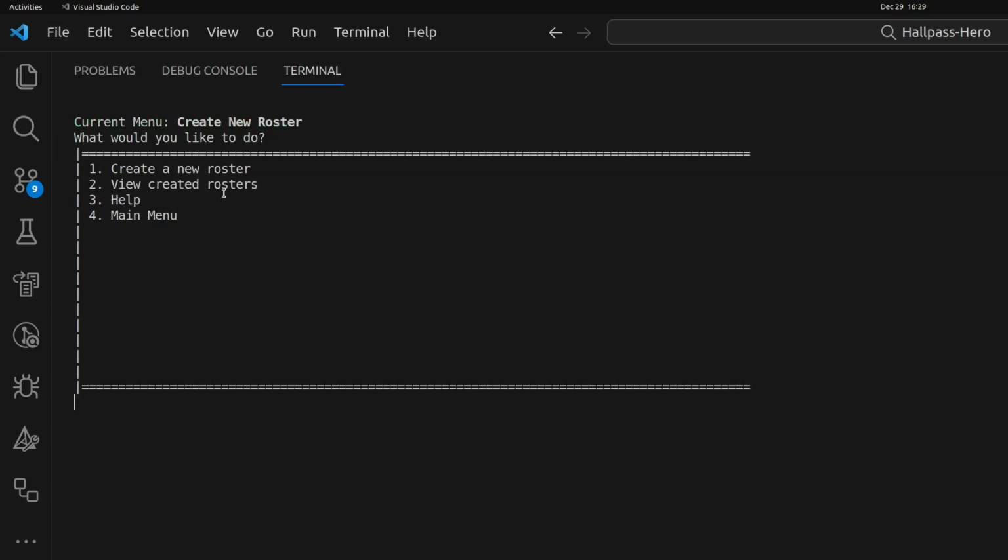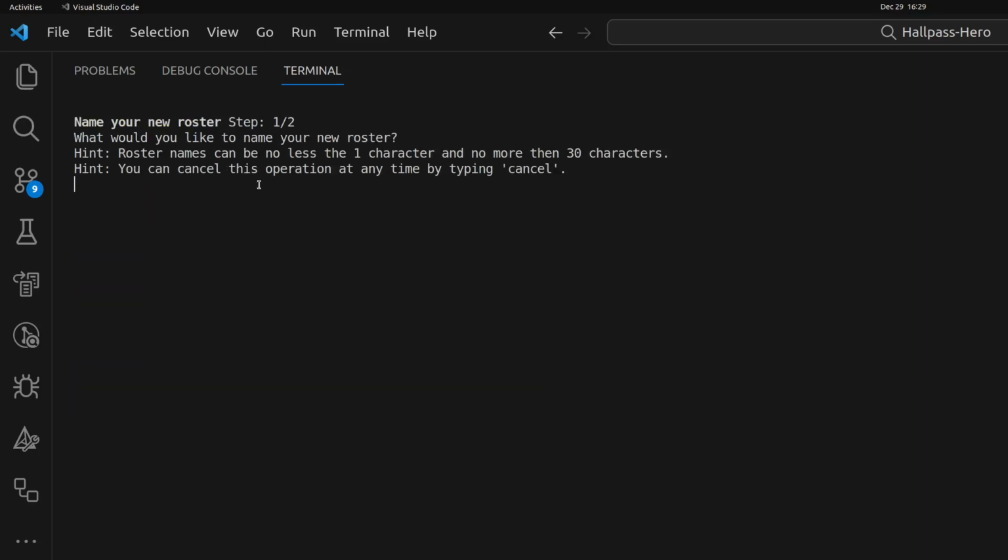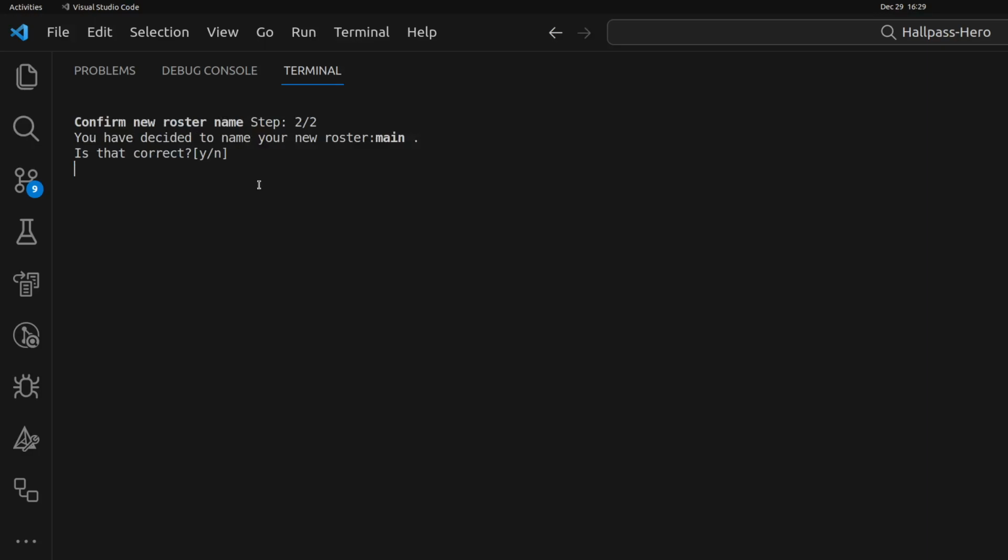A roster is just going to be a culmination of students. We can view our rosters here. No rosters found. Don't know if you saw that, but no rosters found. Please create one first. Let's go ahead and create one. I've been working on something to prevent duplication. So we want to create a roster with the name of main. That's pretty cool that it thinks that I'm talking about my branch, but I'm not.